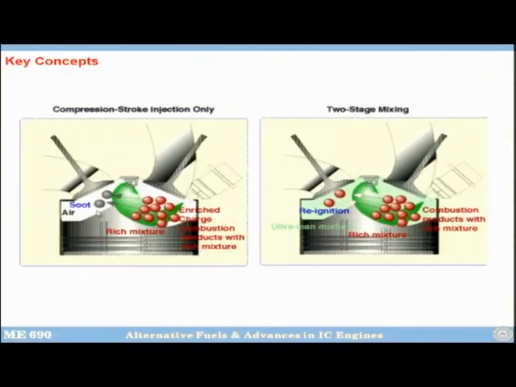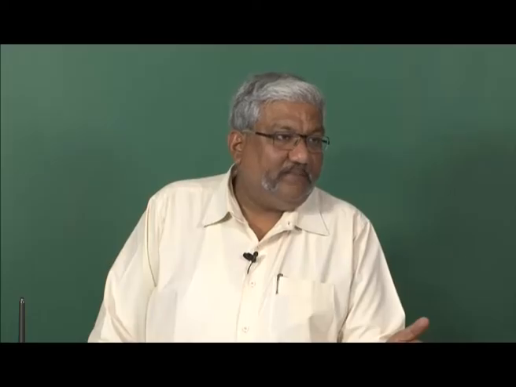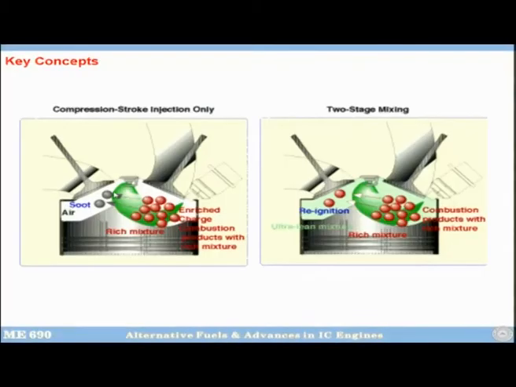So, this cartoon shows it. This is the compression stroke injection. This happens at part load conditions. So, at part load, the fuel is being injected. At the rest of the places there will be just air. So, when this combustion happens, this is a fuel rich zone. Here the soot formation will take place because there is not enough air, it is just more fuel. So, soot formation will happen, and this soot will move to the other side because of the thermophoretic forces. And when it moves to air, it will just freeze.